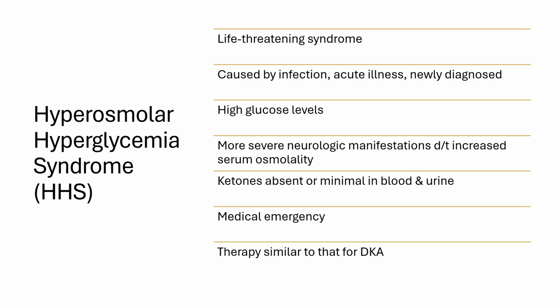Right, so HHS is a life-threatening syndrome. It's less common than DKA, and it occurs with type 2 diabetics. So I do want you to put that together that in most cases, DKA is type 1 diabetics, and HHS is type 2. So the type 2 diabetic is able to make enough insulin to prevent DKA, but still have